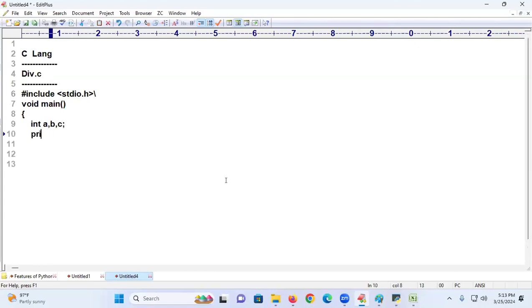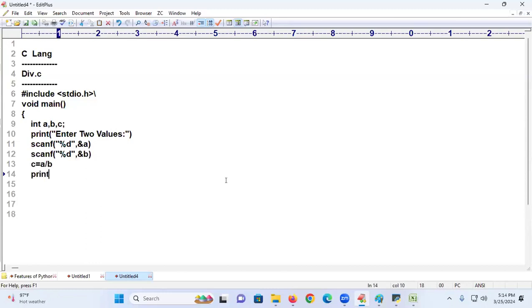Now you are saying printf. Now I am writing the code. Enter two values. That is nothing but the A and B values. Now you are doing scanf. Let it be scanf, because you will misunderstand when I don't write everything. Ampersand of A. Next I will write ampersand of B. Next you will write c is equal to a by b.